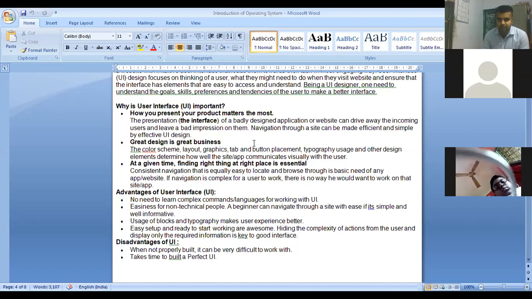Because without commands in the command user or character line interface, you won't be able to see or visit any files or folders which are present. But always remember, that doesn't mean the command user interface is of no use. If your computer does not have a graphic user interface, your computer can still work, because there is a command user interface at the back end.